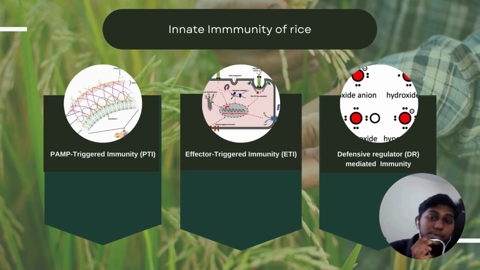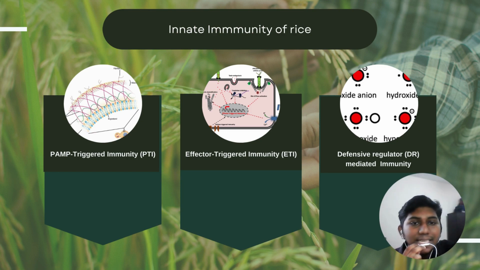Now let's have a look into the biochemical process involved in rice innate immunity against rice blast disease. Animals have adaptive immunity, but plants lack specific cells and a circulatory system. So plant cells defend against those pathogens individually through their innate immunity. There are two layers of innate immunity: PAMP-triggered immunity (PTI), the first line of defense, and effector-triggered immunity (ETI), the second